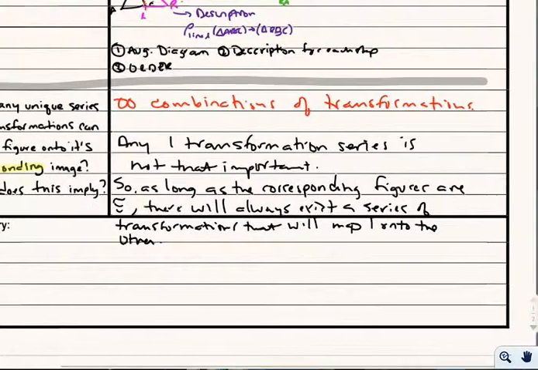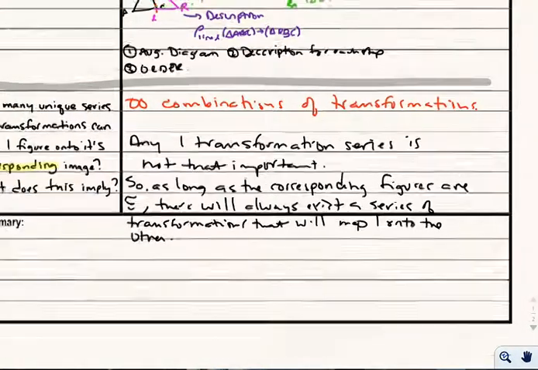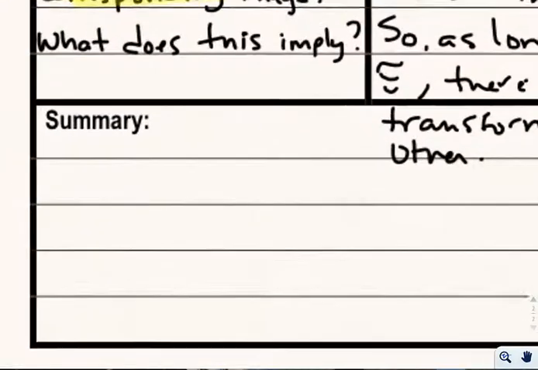That's a pretty amazing statement if you think about it. That means no matter what, I can get one spot or one triangle to any other spot, any other triangle. So that's where we are for now. That's our compound transformation. So just like before, if you go ahead and write your summary, and just to remind